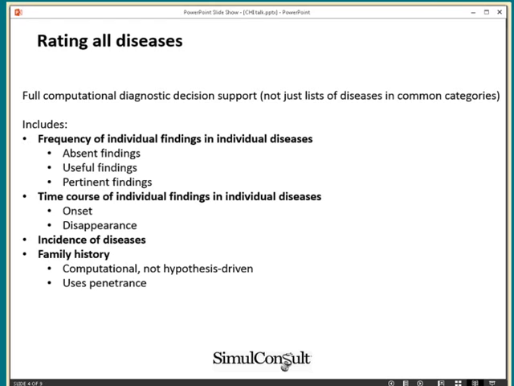There's also other capabilities. You can get advice on useful findings, so the clinician going through a patient can get advice on what things would be worth commenting on, and that can be of enormous benefit clinically, as you'll see. Similar to the useful findings is sort of looking ahead, what would be helpful. Pertinent findings looks back and says, what have we put in was most helpful? And you'll see how that's important, not just in clinical analysis, but also in being the essence of the genome phenome analysis. We also include time course of individual findings in individual diseases, and includes both onset and